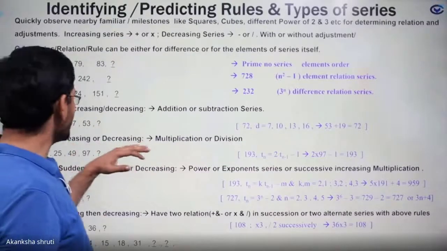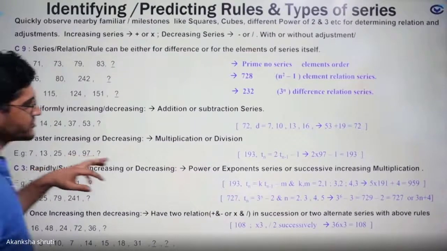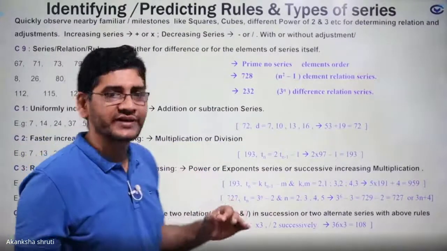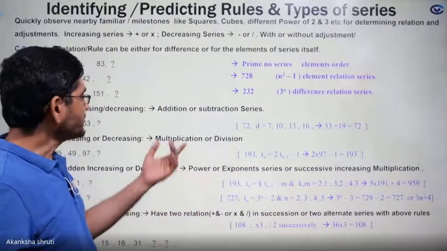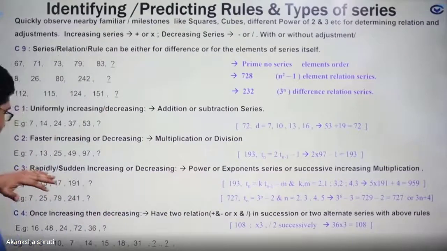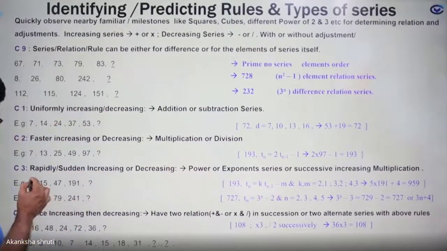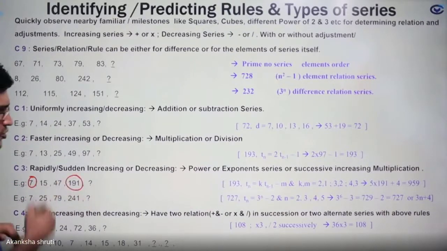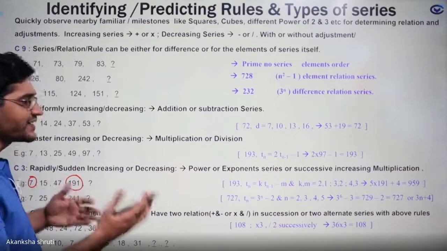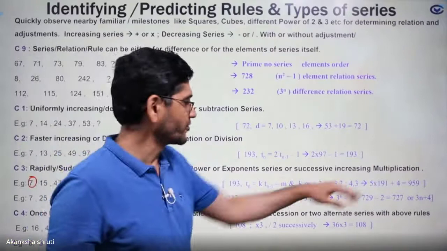Next, if it is increasing fast but not jumping, not very rapid or not very sudden, in that case it will be multiplication by some constant number, okay, or the difference is following some series. The next, if the increase or decrease is very sudden, very fast, like here we are getting 7 to around 200 it is going, then it will be multiplication with increasing numbers or some power series. It is followed here.